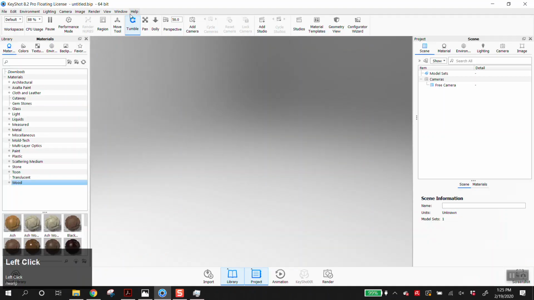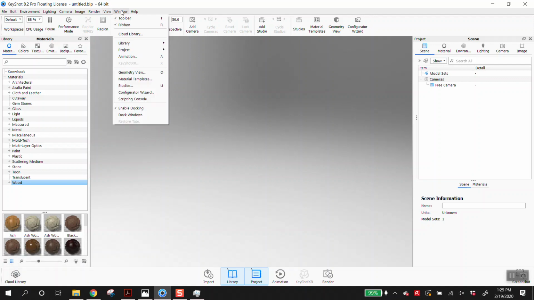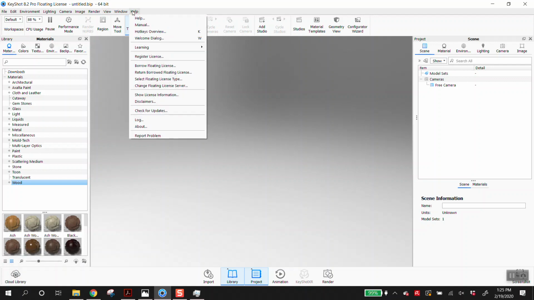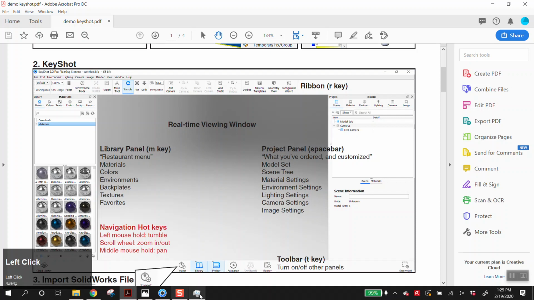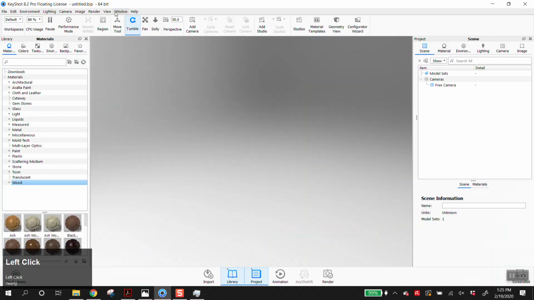Let me see here if there's like a view, like a reset. I mean, I believe what I have shown here, does this look wildly different than what you all see in your program? Okay. I mean, if it does look different, there are some things like